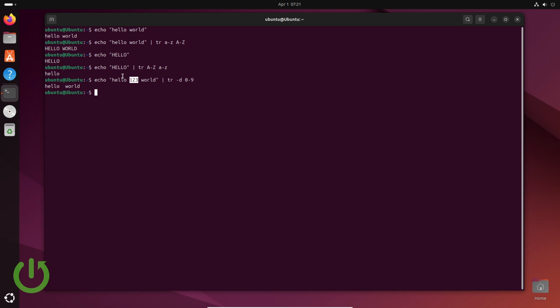Now maybe I will show you how we can squeeze repeated characters. So let's say that we have something like this. Echo hello. We have, for example, four o's, like four spaces, and world. How can we remove these extra o's and the spaces? We can do something like this. So again,